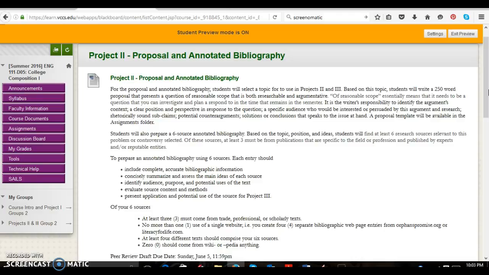Therefore, I'm saying that you can read my paper. It might give you ideas, but I'm not exactly talking to you. And so I have to be clear about who my specific audience is, how they would be interested in this issue, and how I could persuade them most effectively.